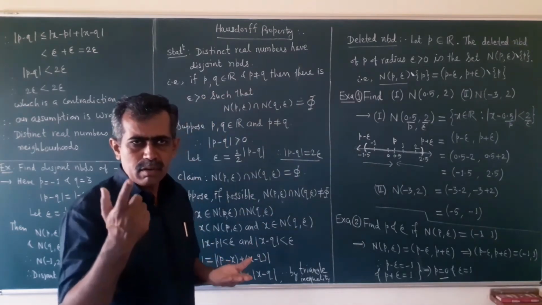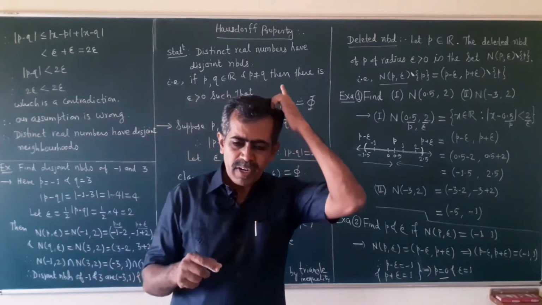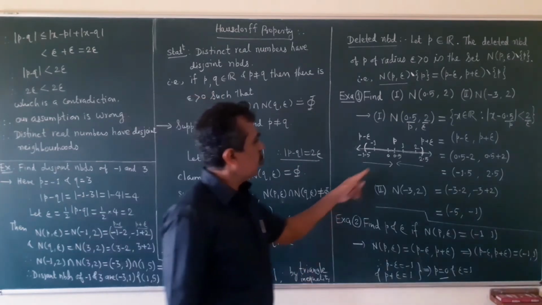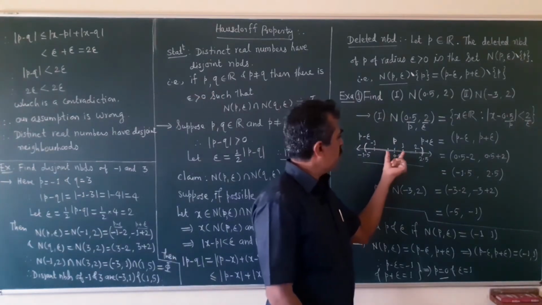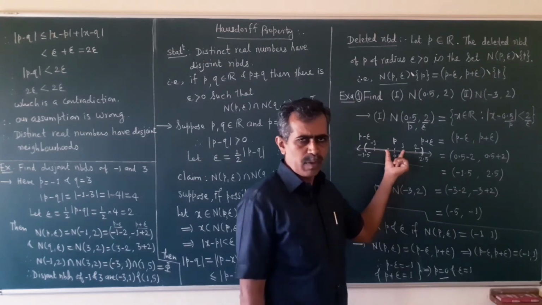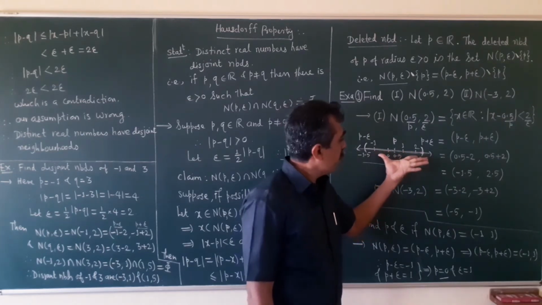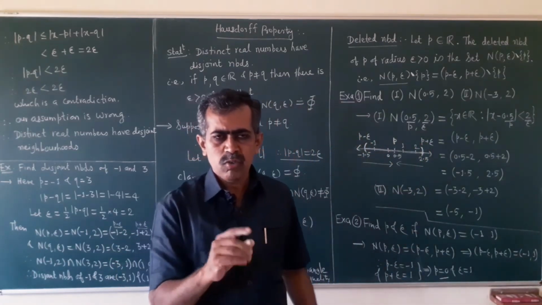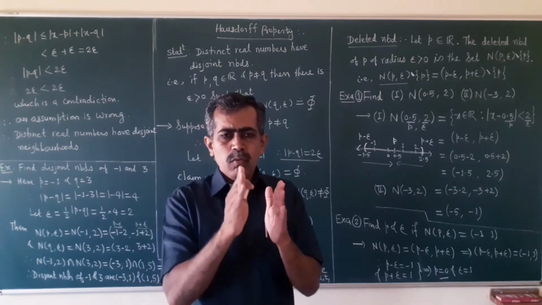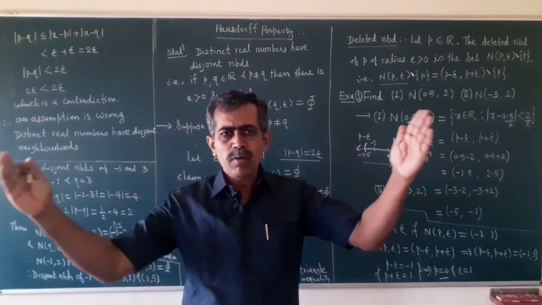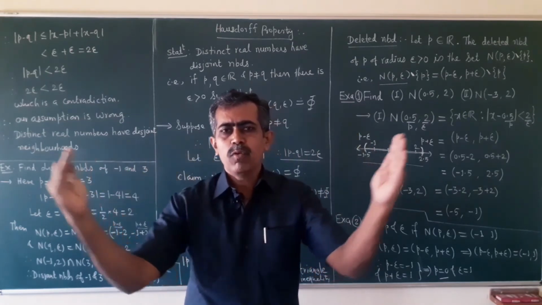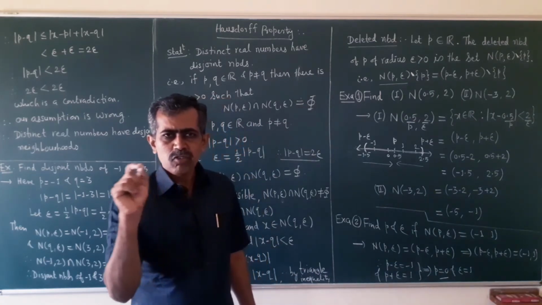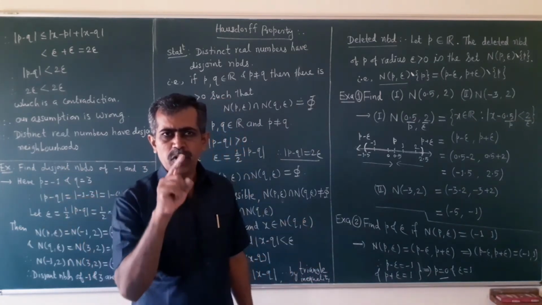How do we find the neighborhood? To find a neighborhood, we require some radius. Suppose the radius is 0.5. You may find a neighborhood of radius 0.5, also of radius 1, of radius say 2, of radius 3 also. So the choice of radius is important. Depending on the choice of radius, you will get different neighborhoods of the same point P. So the choice of the neighborhood depends on the choice of the radius for a particular point P.